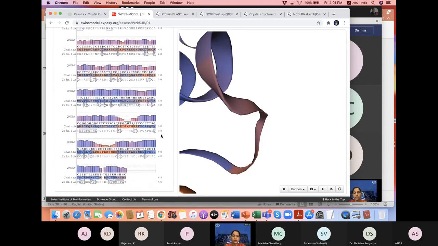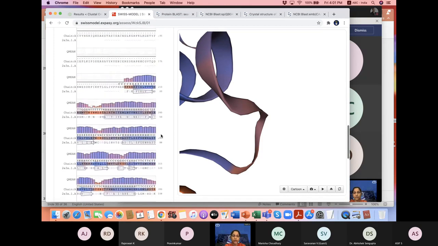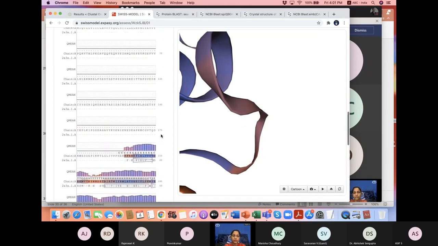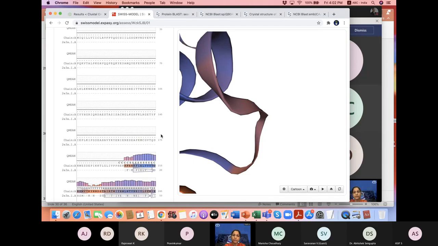So that is why, as I mentioned, this model has been made on the basis of 66% identity. The higher the percentage of identity, the better the model will be. Here it is based on 66% identity, and this is how the model looks. If we can go for 80% identity, 90% identity is very good. Based on that, we have to decide whether a protein can be modeled or not.